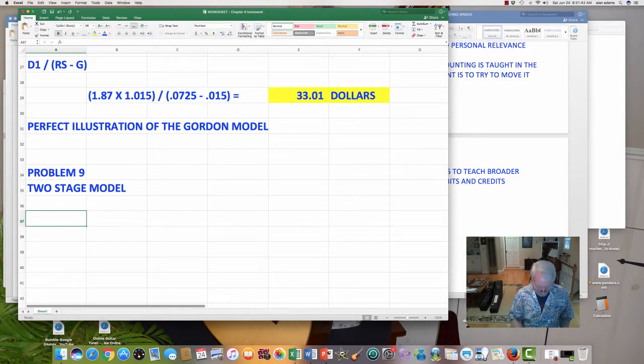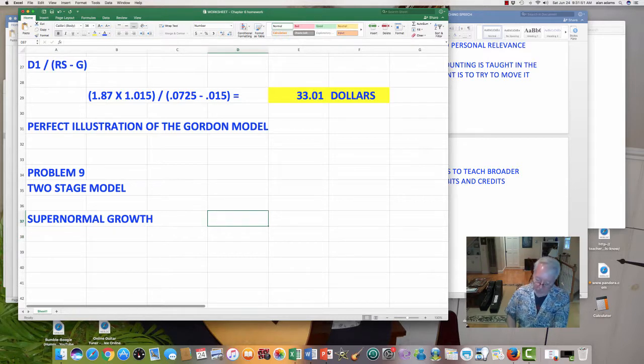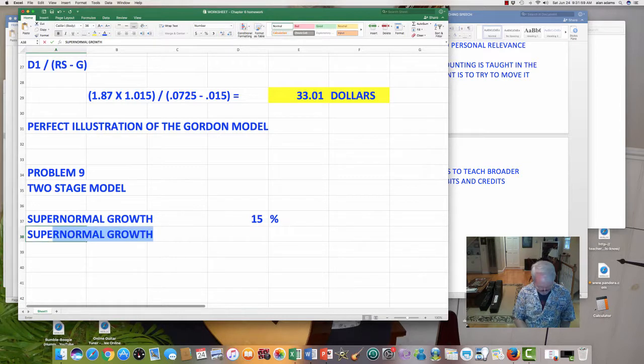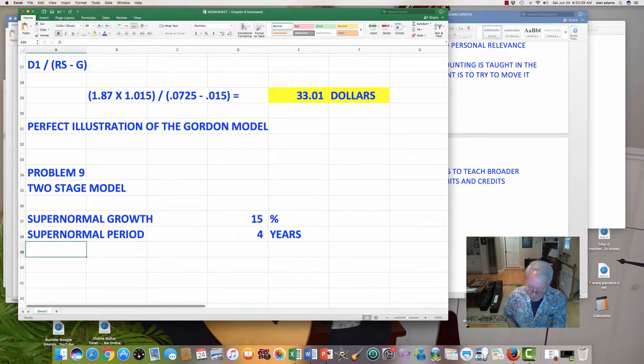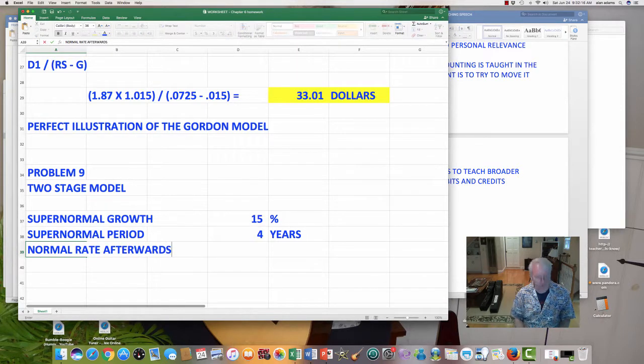First of all, we'll call it the supernormal growth. And we said that that's going to be, bear with me, 15%. The second thing we need to know is how long. That's the supernormal period. And that's going to be 4 years. All right, the next thing I tell you is they'll normalize to 3% per year. So let's call that the normal growth rate afterwards. The dividend is then going to grow at 3%